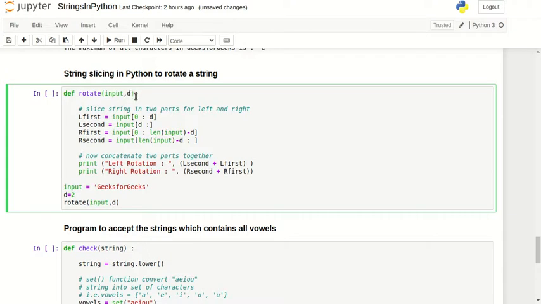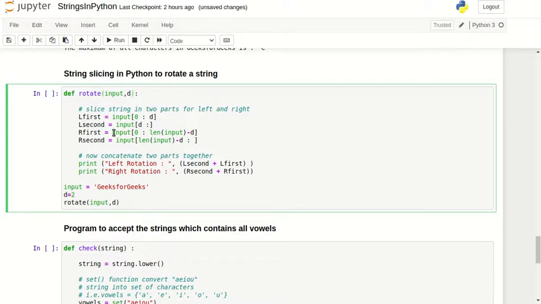This d tells us how many characters we have to rotate our string by. First of all, we have Lfirst equal to input sliced from 0 till d. Suppose d is 2, so the first two values we will have in Lfirst.